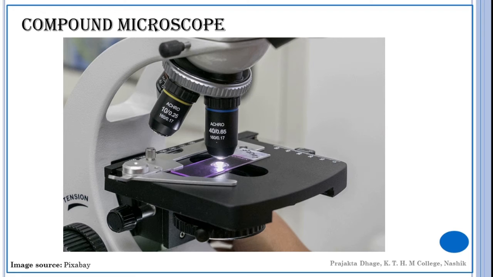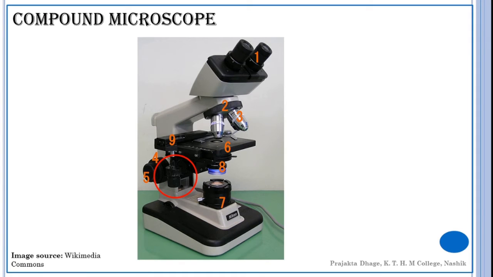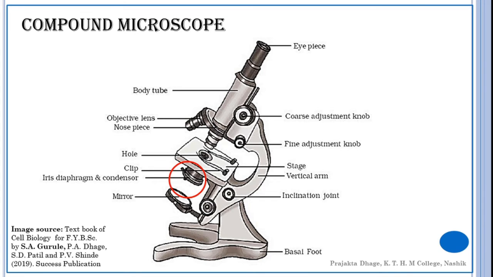We have already seen the lens system. The compound microscope comprises three kinds of lenses, which are the condenser, objective and ocular or eyepiece. Now let's talk about the condenser first. The red marked structure here is basically the knob for moving your slide back and forth and also sideways.